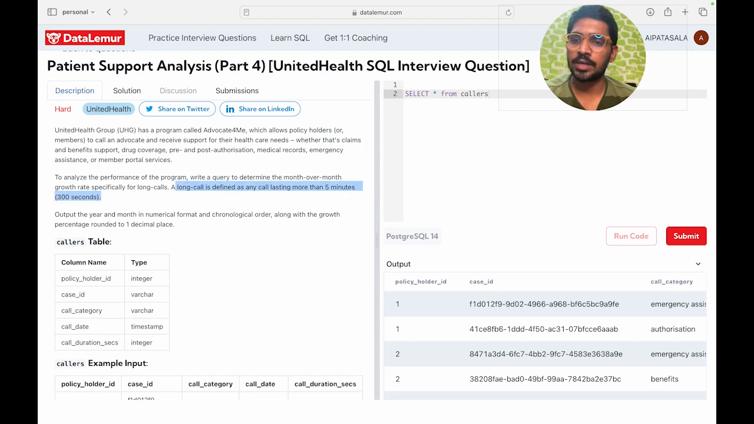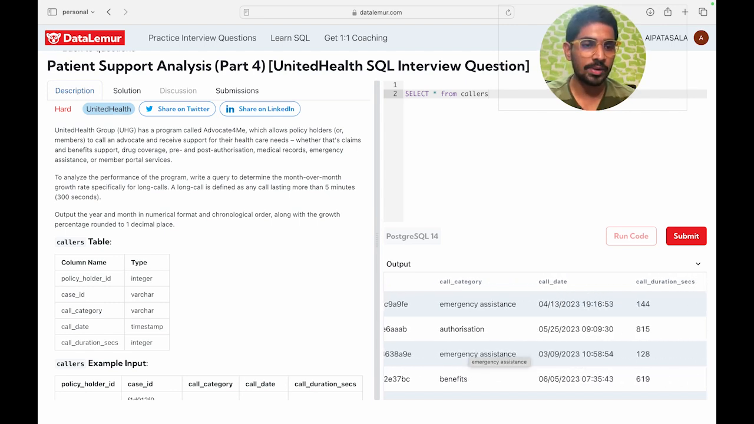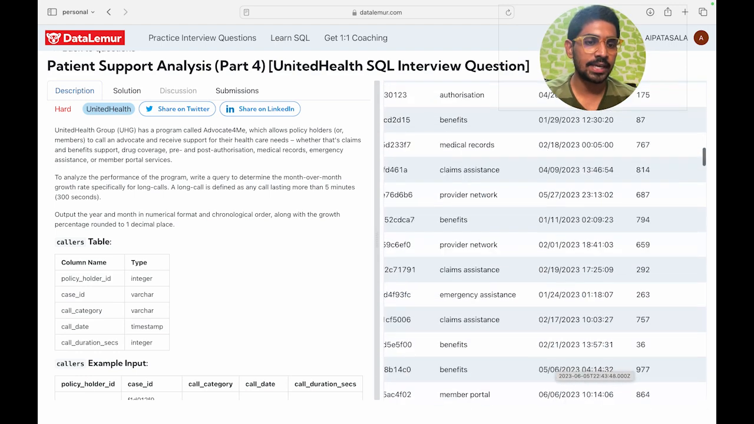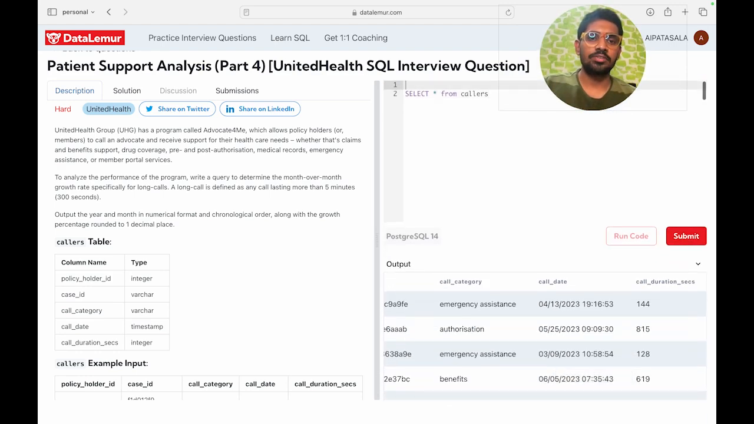Long calls. Analyze the performance program. Write a query to obtain month over month growth rate of long calls. Long calls is defined as a call lasting more than 5 minutes. So let us see any calls, how many calls are lasting more than 300 seconds, right? So just filter with them